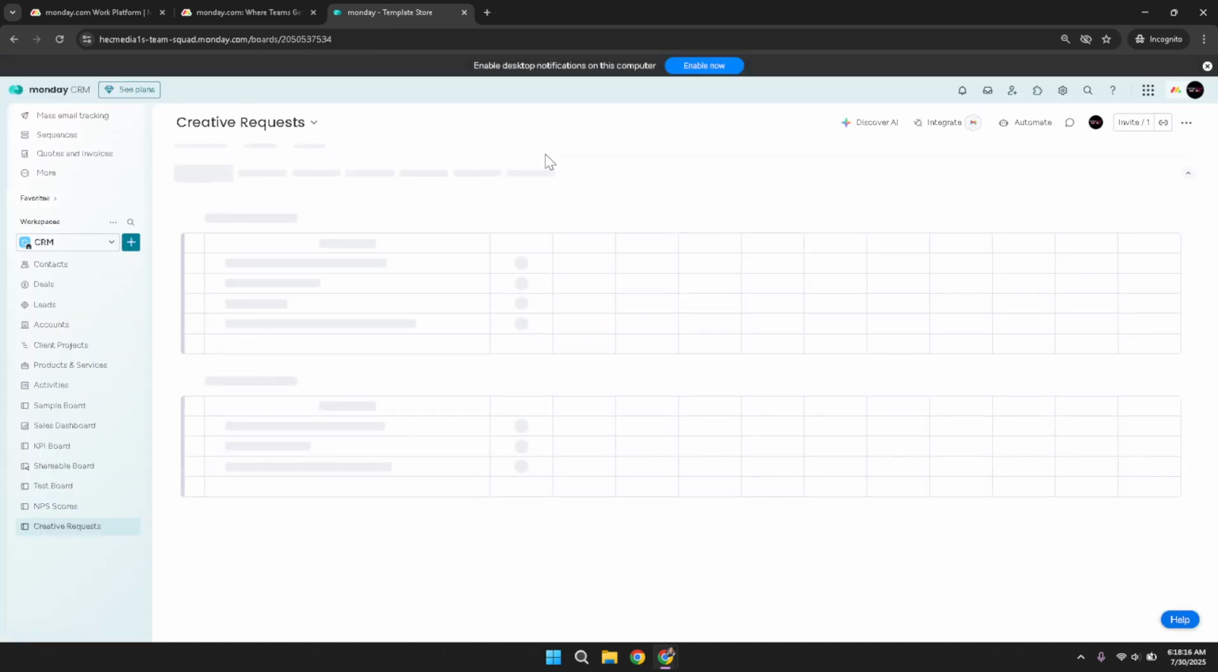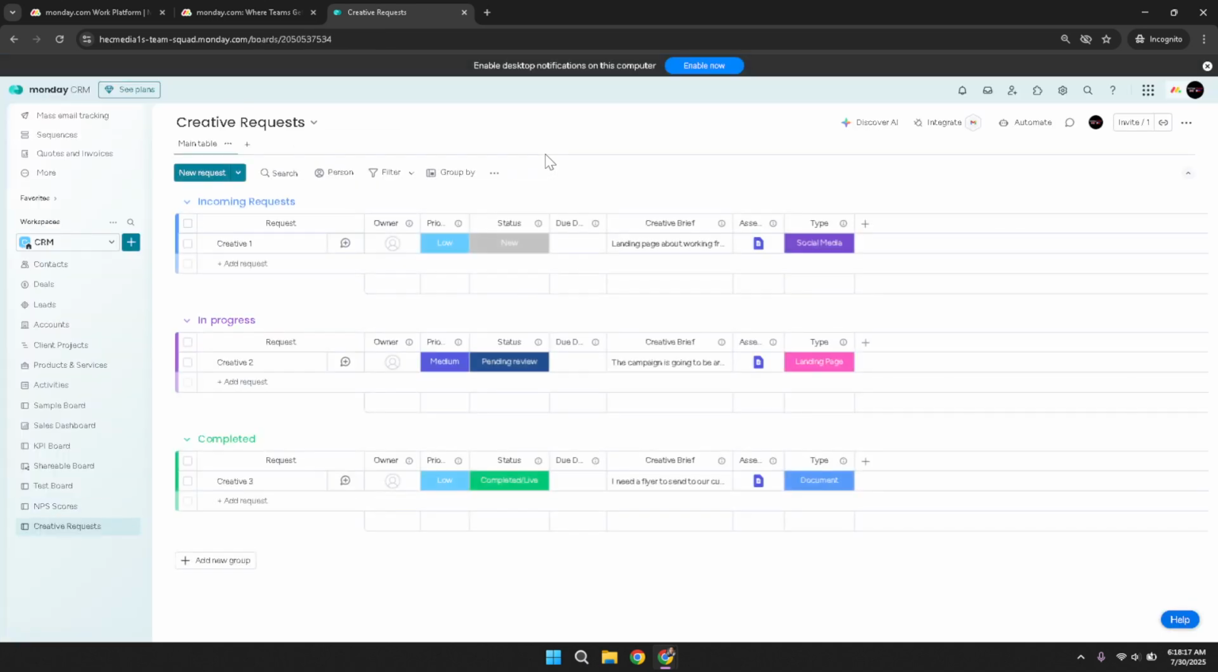You've successfully set up a board for creative requests in Monday.com. This newly created board will help streamline your creative processes, ensuring that all requests are tracked, managed, and completed efficiently. Remember, regular updates and communication within the board are key to